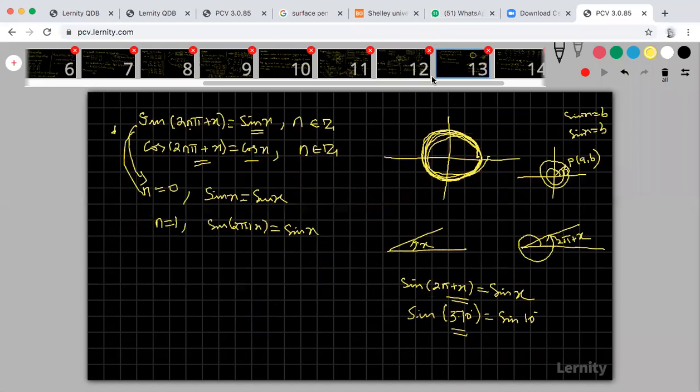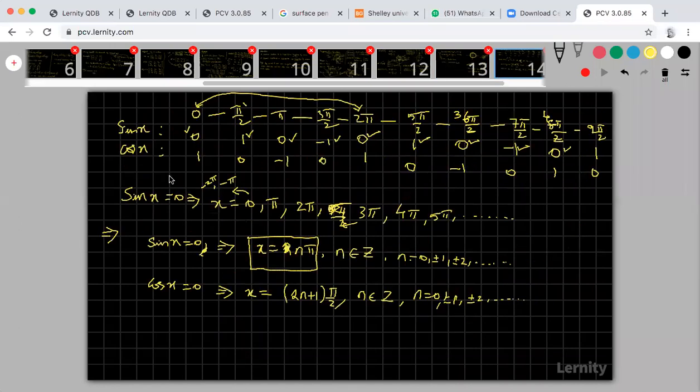So here I am writing all the values. What are the values we have found out now? I am writing all the values. Okay, we found out up to 2 pi only. I am writing more than 2 pi also, 360 or more than 360. 2 pi means 360. Okay, more than 360 also I am writing. It follows some sequence, right? So I am writing that sin x is equal to 0, what is your x? Cos x is equal to 0 means what is your x? Okay, so that we are writing.